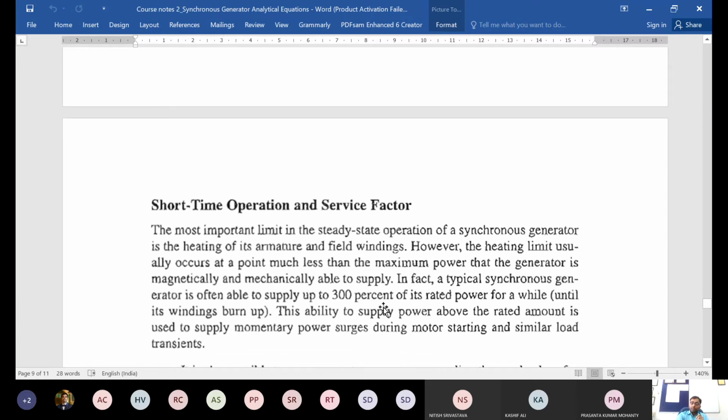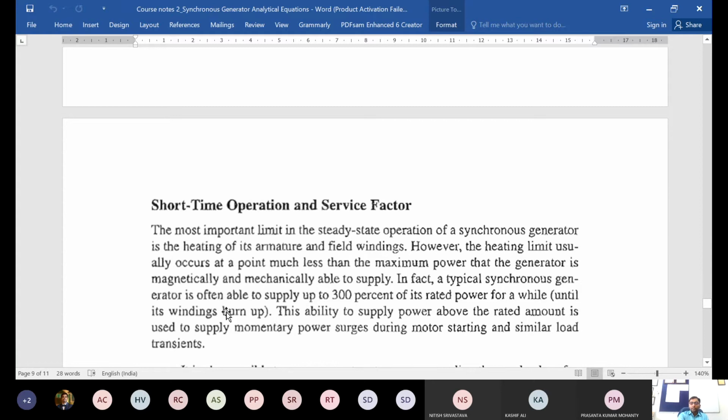So this ability, and this is by the way a very good ability for a power system, because it provides what is known as the inertia in the power system. So if you have a particular machine, entire power grid operating, and there is some fault somewhere, or there is some excess power which is being drawn, so for a few cycles, or maybe for a few milliseconds or few seconds, this type of extra power can be supplied from a given machine. So that type of cushion or margin is always there.